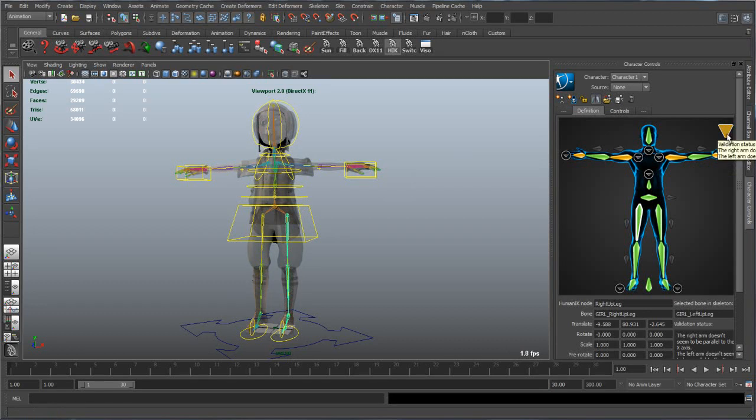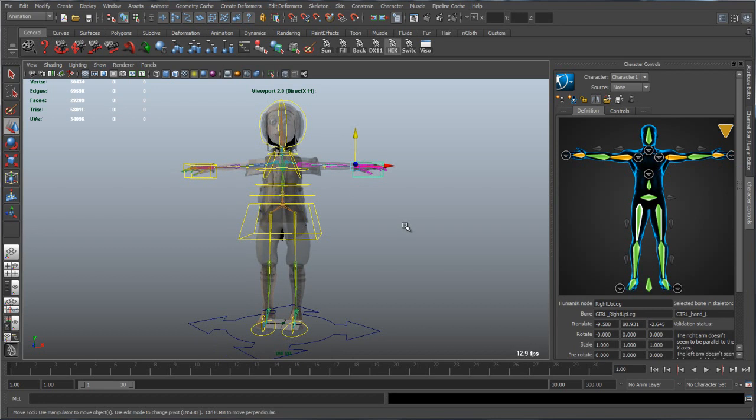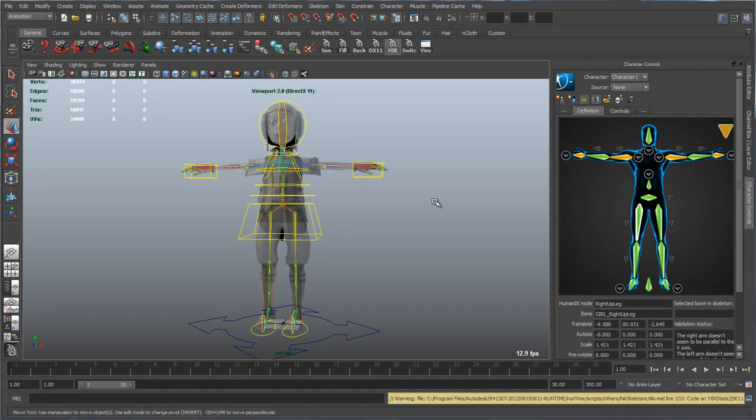Now we went from a red status, which basically tells you there are missing bones, in other words, missing information, to a yellow status, which tells you that it isn't exactly in a T-pose, which is the ideal position, but it doesn't really have to be. Anything but red will generally work as long as you know what you're doing. If I were to move this up, for example, you could see that all of a sudden all these bones go green. Once we've done this, we have to actually lock this,